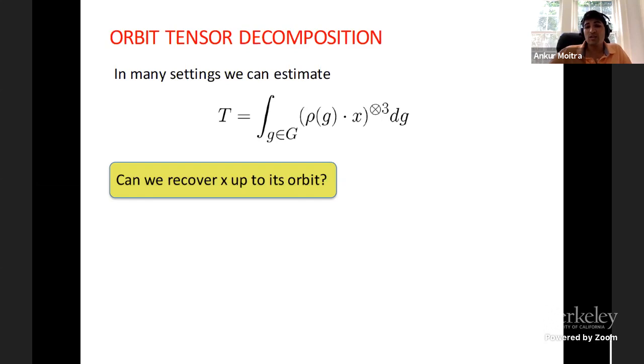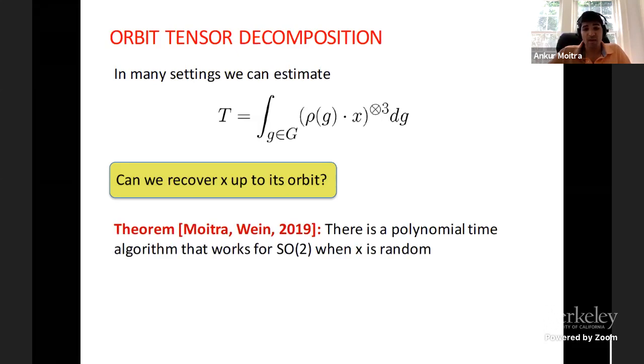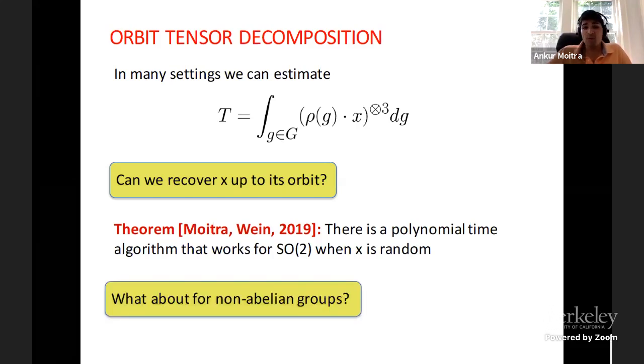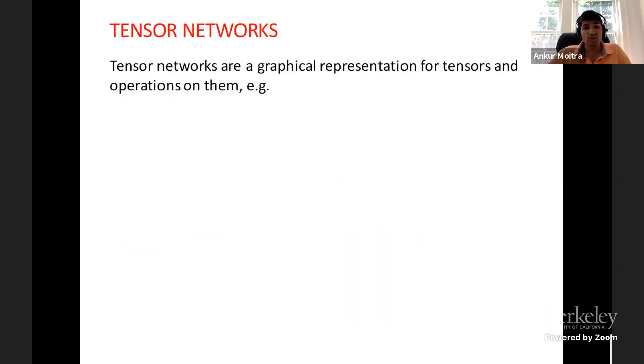You actually have to use the algebraic and group theoretic relationship between the different factors in order to solve the decomposition problem. Let me tell you a baby result. This is all that I know: there's a polynomial time algorithm that works when X is random, when you have the continuous group SO2. But really, there are many bigger problems out there, like what happens for non-abelian groups? Well, the truth is we probably need some representation theory, and this is a bit beyond my knowledge of Clebsch-Gordan coefficients. I'll give you just a little baby hint in the last 1 or 2 minutes about what goes into this algorithm,